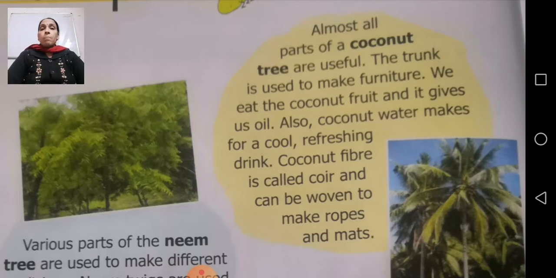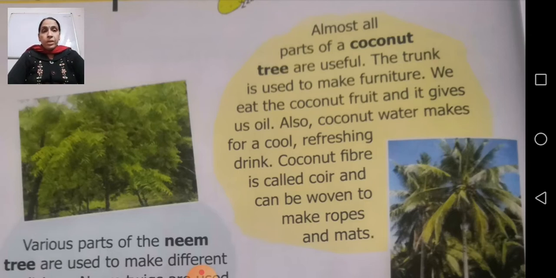don't drink water because it is winter time and we don't feel thirsty. Now what happens, your body is getting deficient in that water level, so to provide soothingness to the body and to maintain the water level in your body, we require this coconut water. Again, this coconut water is a cool and refreshing drink, and each part of the coconut plant is useful. This we have done: the trunk is used to